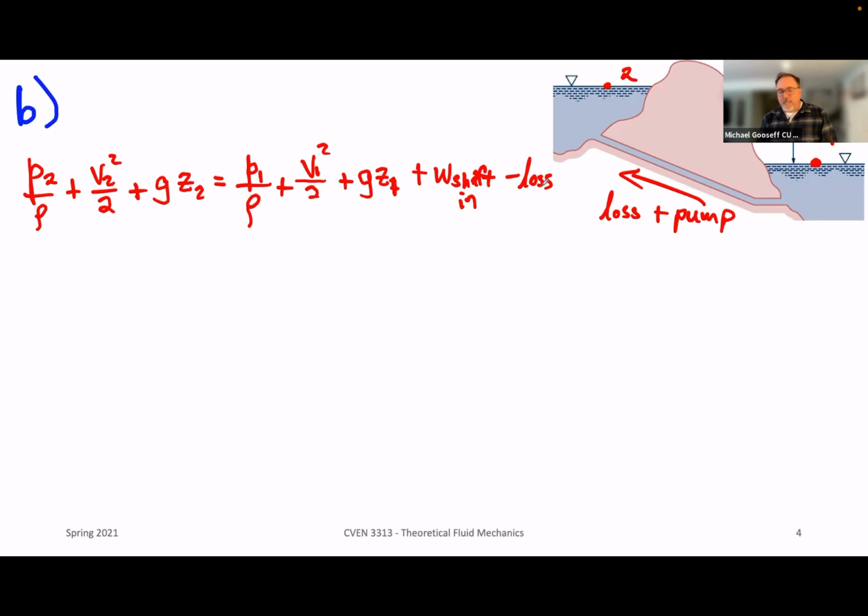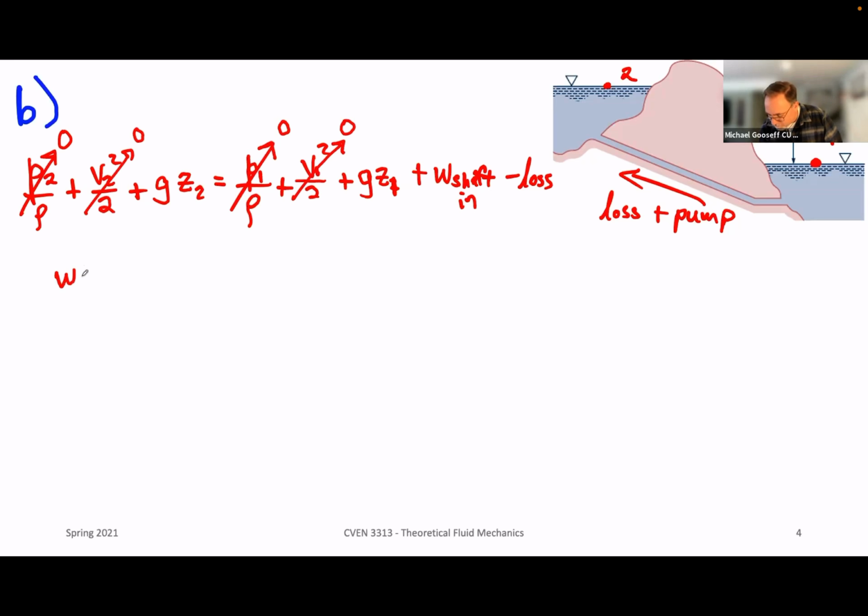Where our lost energy, now we calculated in part A. So we have the same things happen, right? We know that pressure 2 is 0, pressure 1 is 0, the velocity at 2 at the surface of the reservoir is 0, the velocity at the surface of the first reservoir is 0, and so we have a slightly different term now. And what I'm going to do is just rearrange it to solve for